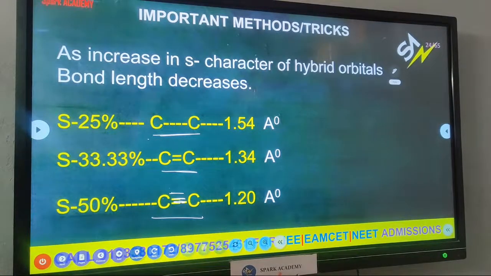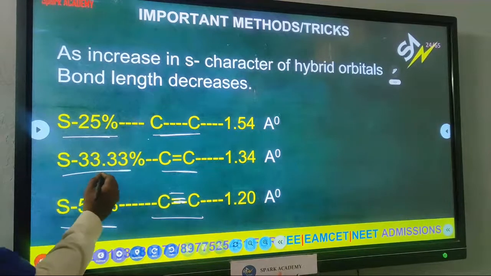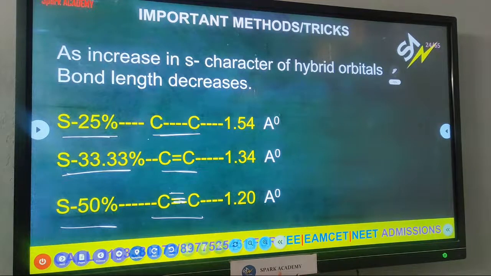Now what about the s character? In the case of the carbon-carbon single bond, s character is 25%. What about in the case of the double bond? The bond length here is 1.34. What about in the case of the carbon-carbon triple bond? The s percentage here is 50. What is your doubt, please? Please write your doubt on the chat box. The s character here is 25, here 33.33%, and here 50. So as the number of bonds between carbons increases,